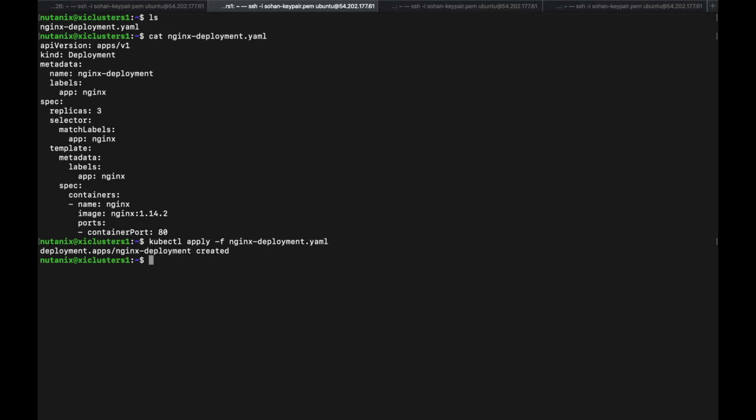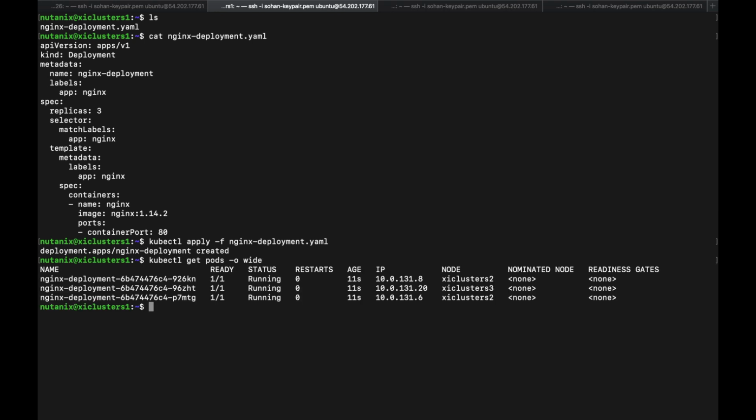Okay, so the deployment has been created. Let's see if the pods are up. Okay, so if you see, all the 3 pods are running. 2 of them are running on the second node.